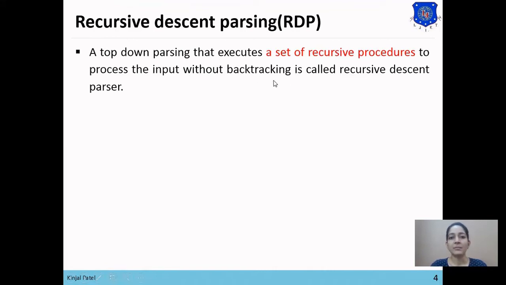So, recursive descent parsing is a collection of recursive procedures, where each procedure defines the right-hand side of a production rule. In this algorithm, there are procedures for each non-terminal symbol of a grammar. Then there is one procedure, match, to match the terminal of the input string and to increment the lookahead or input pointer to the next position. Then there is one procedure, error, to print the error messages if there is any error in the input string.